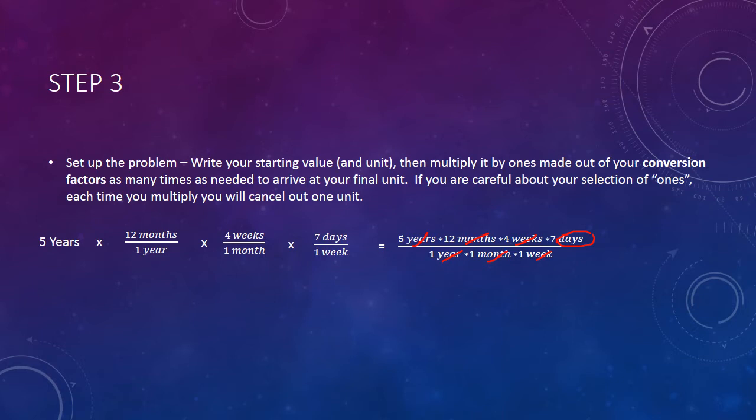So now we can actually do the math, and 5 times 12 times 4 times 7, all divided by 1 times 1 times 1, you end up with 1,680 days. Okay, so what did we do? Well, we solved the problem